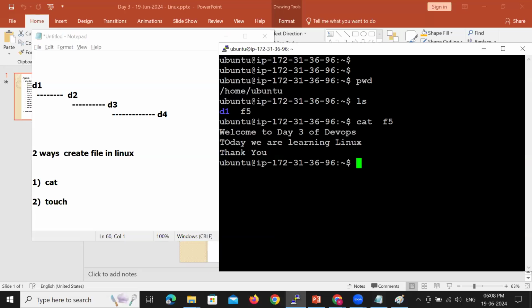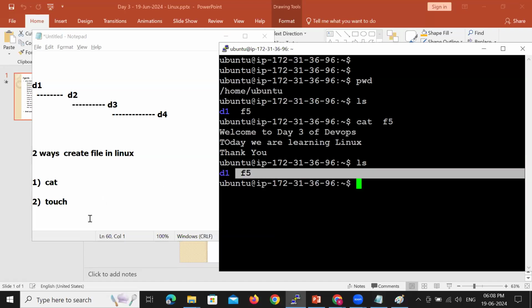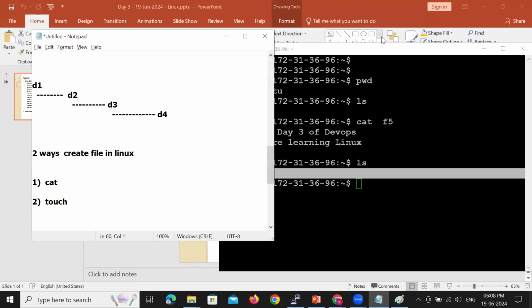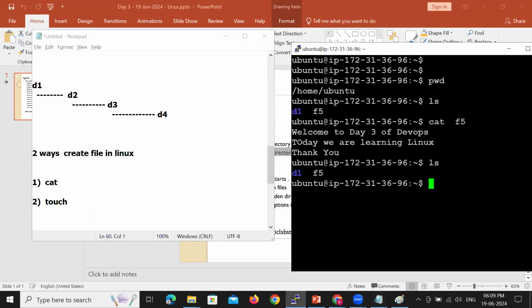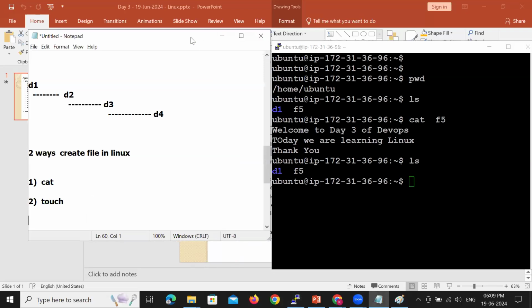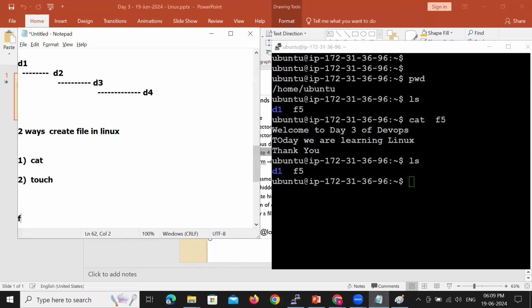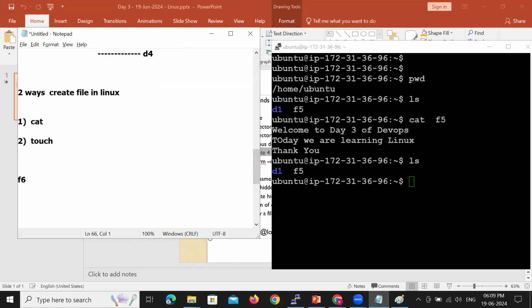Now, I will be creating a file. Right now, we have only one file, F5. I want to create a new file, F6, and this time I want to create it using the touch command.